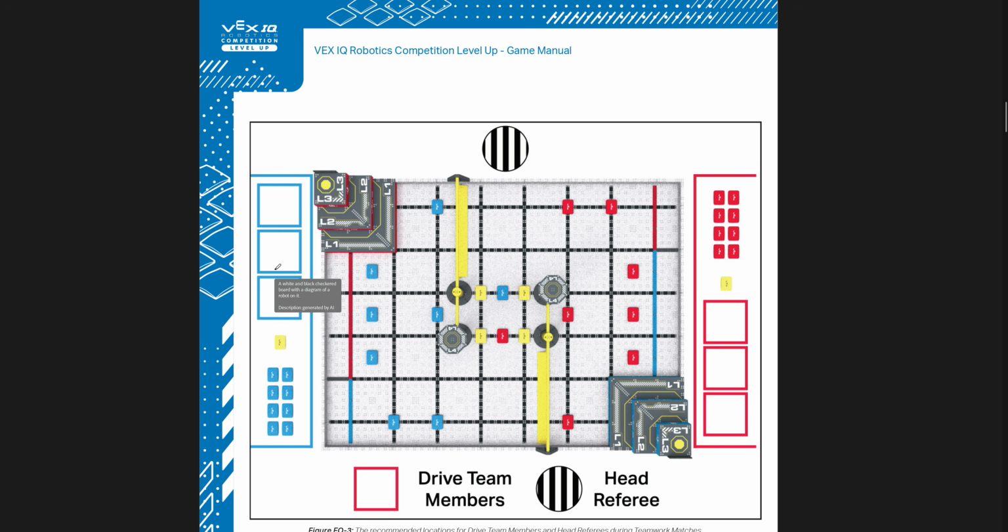Not my favorite aspect of this year's VEX IQ game, but that's where we are. So your loader would be in one of these positions, and then you have your 2 drivers that are here. Keep in mind, if you are scoring or the other person is scoring from this direction, if you're shooting onto this platform, for example, and it hits the other driver's leg, it is actually